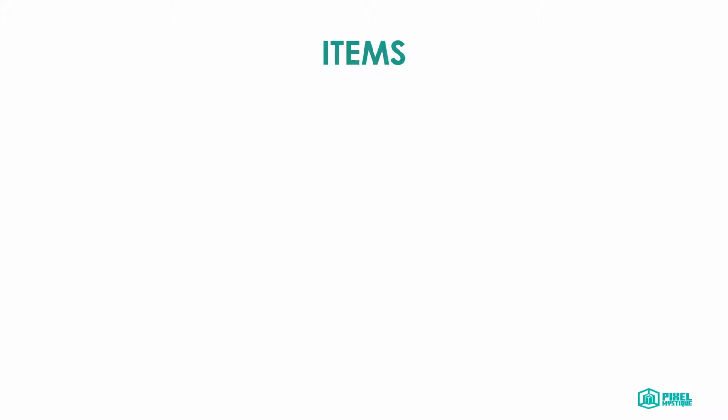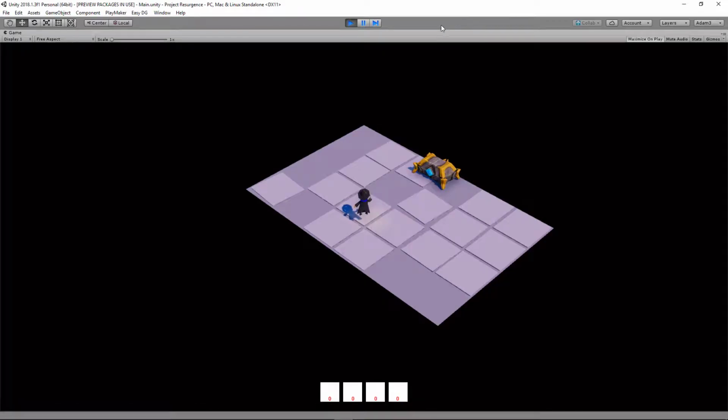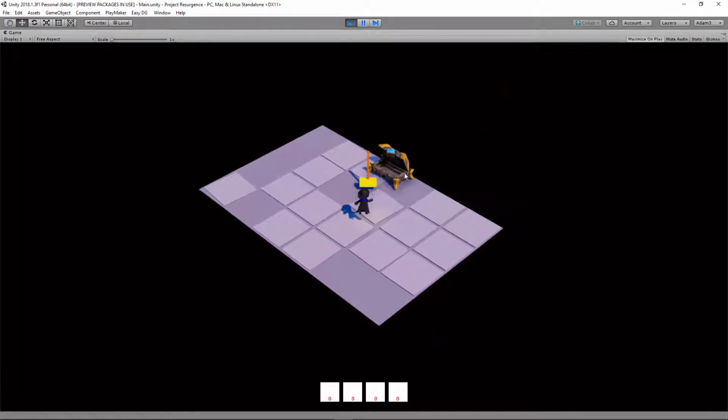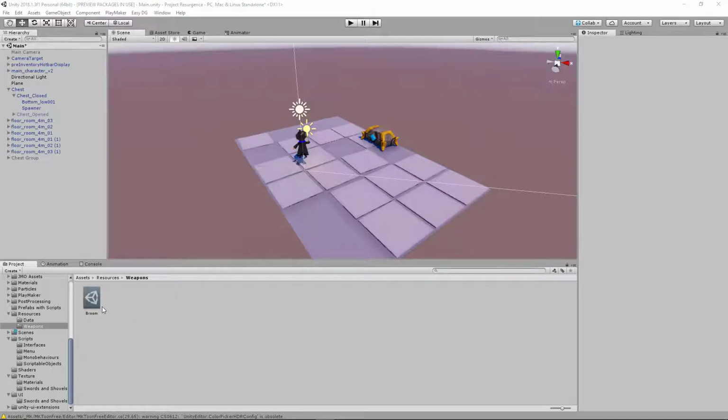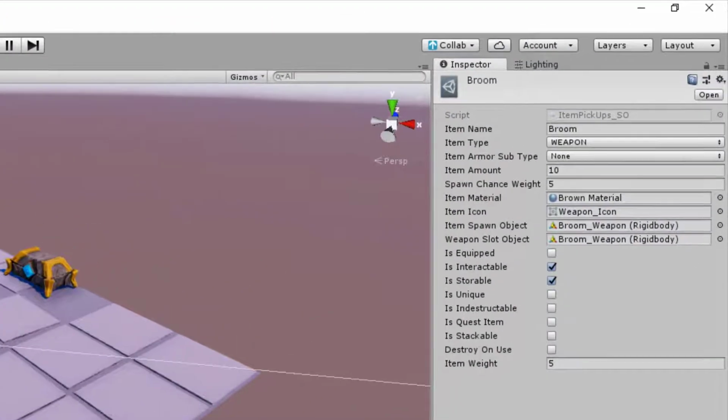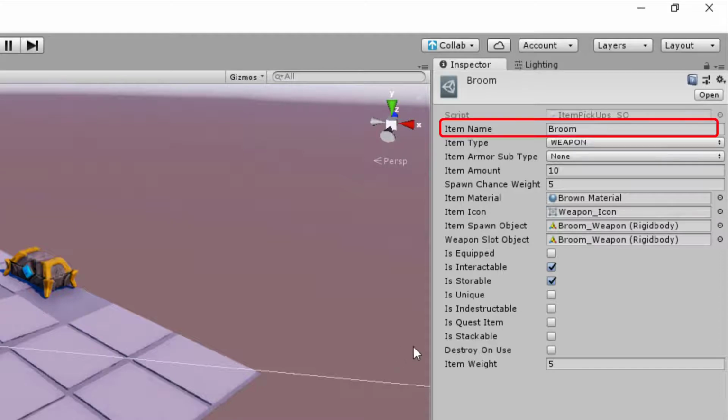For the items, they are based on scriptable objects. So for example, I have this broom weapon right here, which I created earlier. This is really just for fun, it's not going to be included in the final game. Anyway, when I click on it, we can see a list of variables like integers, booleans, and a bunch of other checks and dropdowns. For example, there's a name variable here so that the inventory knows what to display to the player when they select this item. I'm not going to go through all of them, but the more interesting ones would be